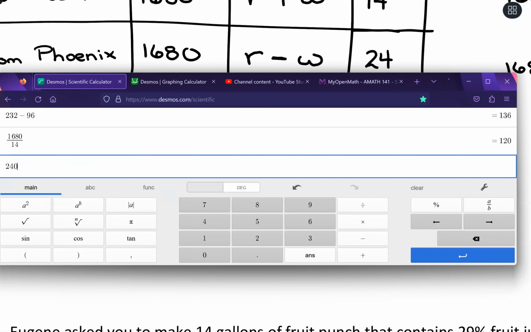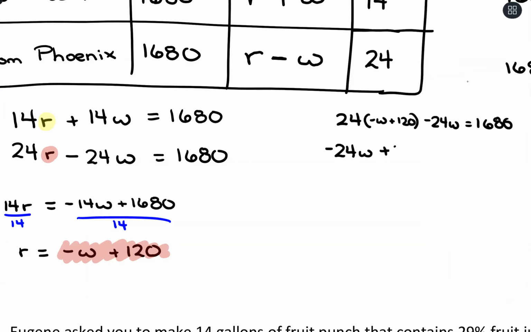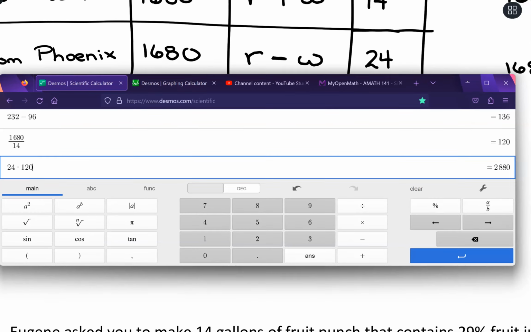Too many things at once there. 24 times 120 is 2,880, minus 24w equals 1,680. So negative 48w, and we're going to have 1,680